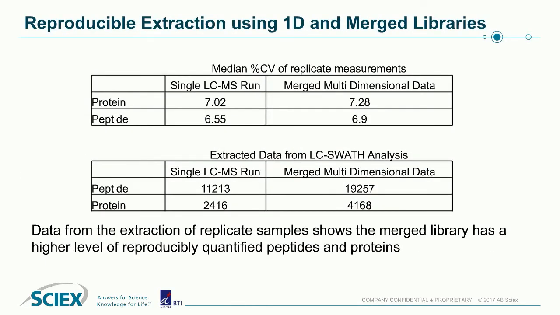When we take this library and use it for quantitative measurements, using a cellular extract from the non-producing strains that we have available, we're able to identify, using the merged library, around 4,200 proteins in that sample, and we're able to get percentage CV measurements on these proteins of less than 10%. In this comparison, we're showing a single LC-MS run to say that the merged library is actually better, so we're able to identify more proteins using this SWATH analysis technique than we can using the single LC-MS run.